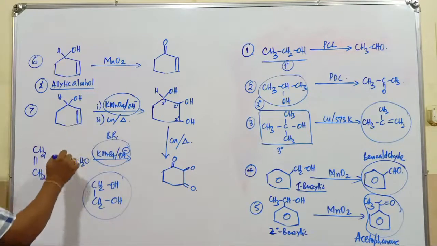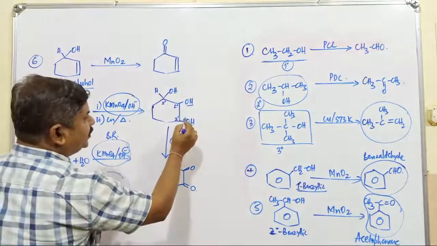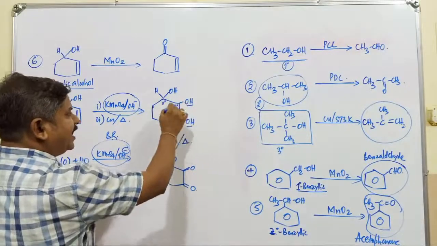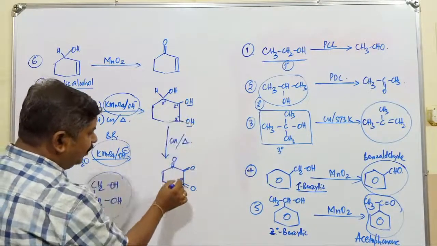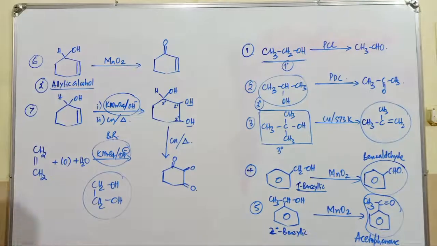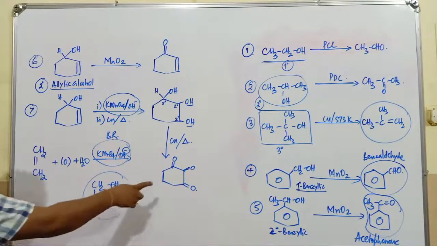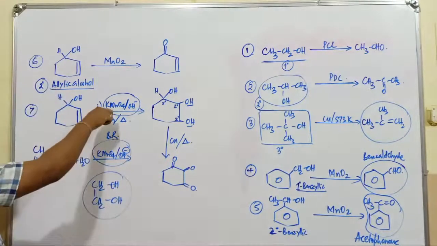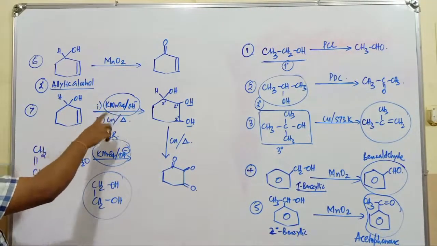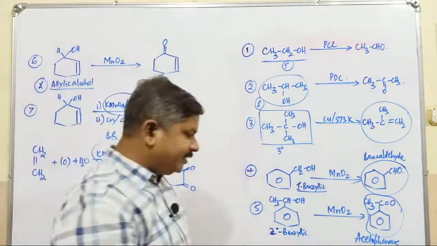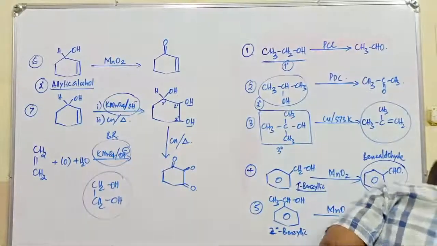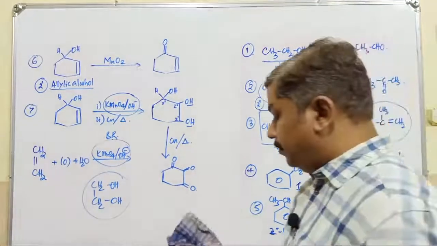This carbon-carbon double bond converts into the OH groups first. Further, these are all secondary alcoholic groups, so the secondary alcoholic groups are converted into the respective ketonic functional groups. So this is the final product obtained when this compound is treated with KMnO4 and then copper in presence of heat. Just copy this one, I'll go with the next example first.